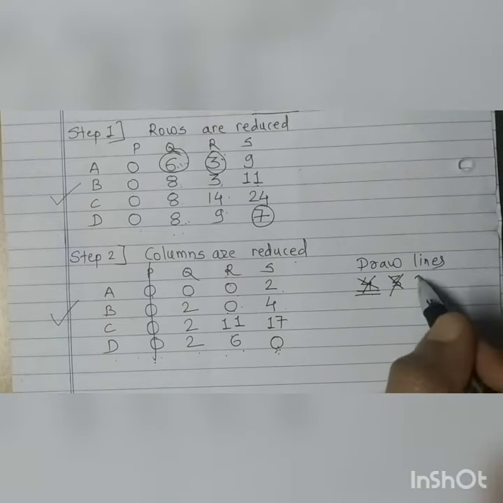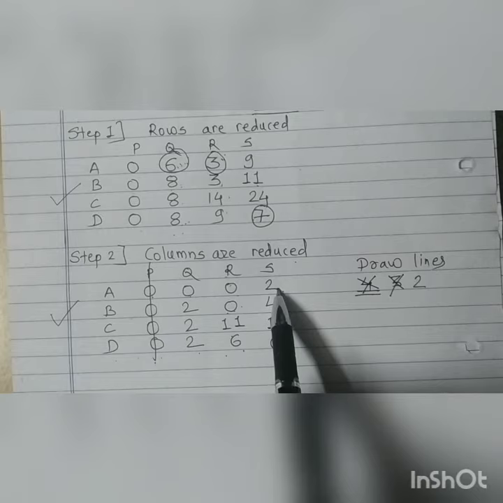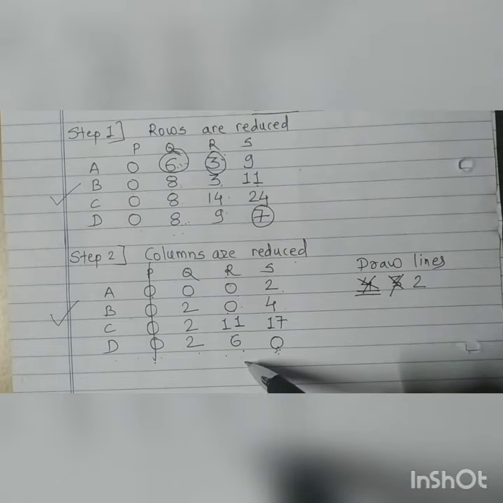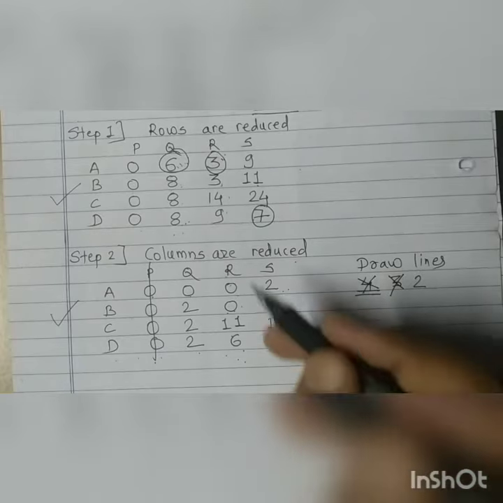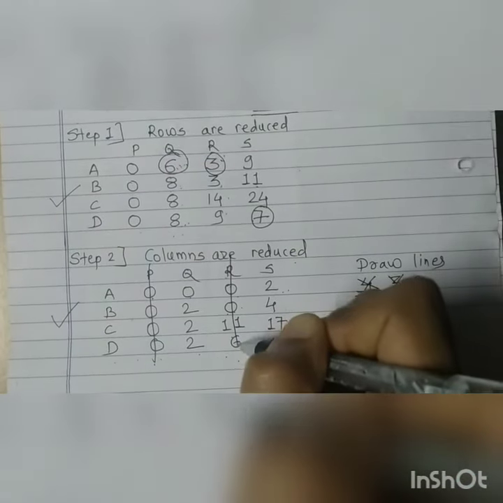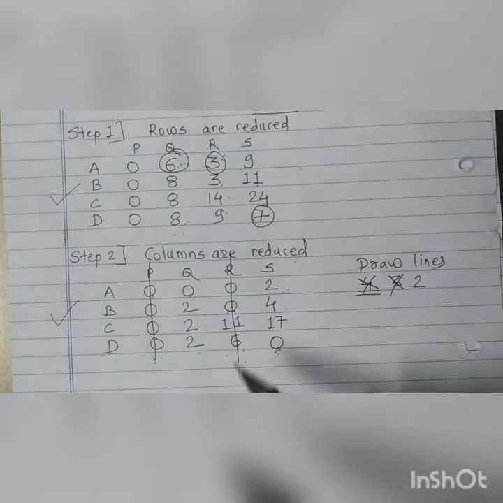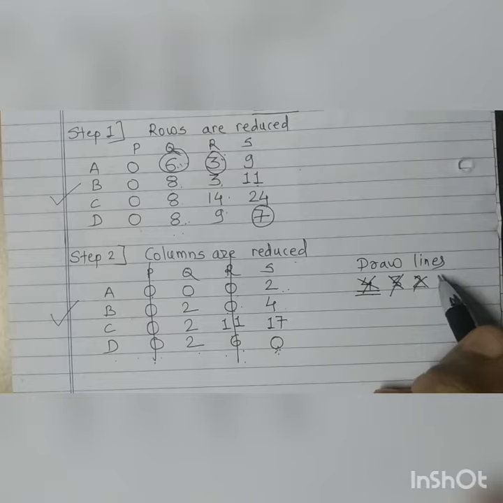Can I find 2 zeros? Yes, I can find 2 zeros here in the first row and here in the third column. So I can draw a horizontal line, I can draw a vertical line, depends on me. So I will draw a vertical line covering these 2 zeros. Now can I find 2 zeros? After this, no, I cannot find 2 zeros. So I will reduce this count by 1 and I will search for now 1 0. Can I find 1 0?